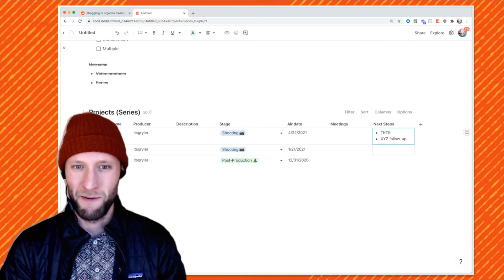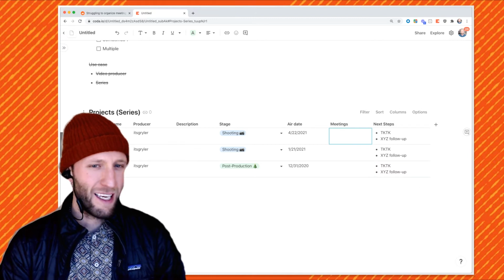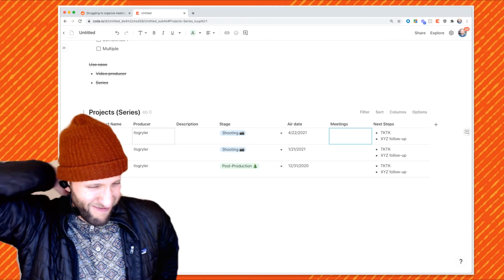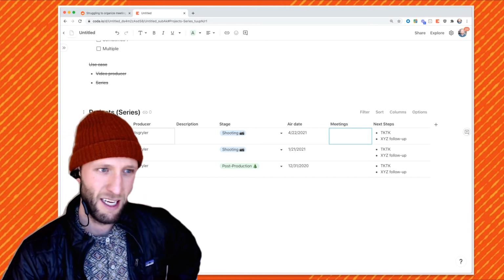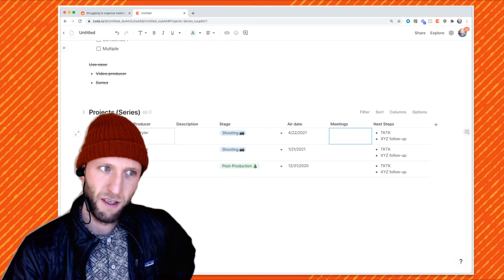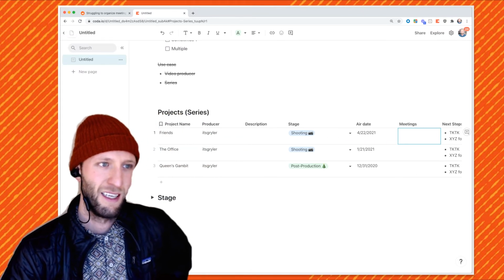Your next steps are probably going to be way more interesting. On the meeting side, I want to keep this open. We might want to do it as another table. We might want to just put it in another page. I haven't quite decided yet. So I'll show you the simpler version, and then we can go to more complex.